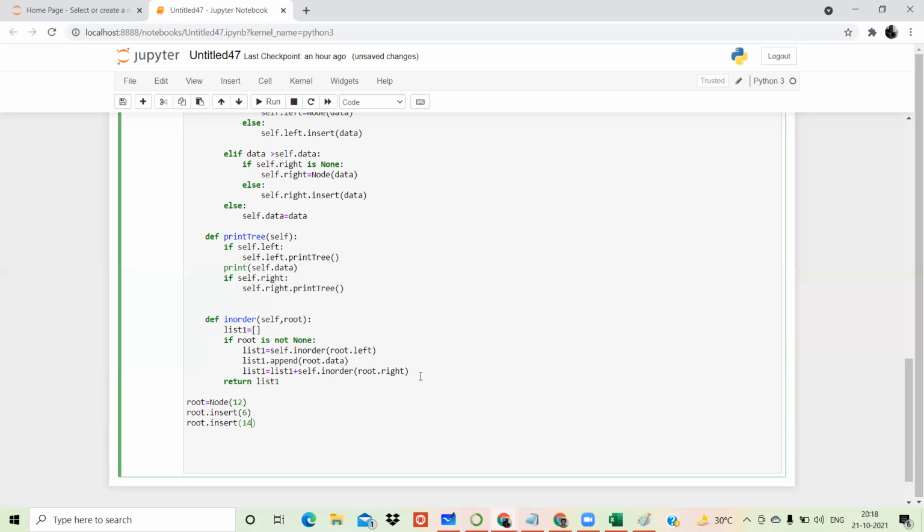Insert, suppose say next one was 14, then root dot insert next element is suppose say 3, next element is suppose 8, and finally we will call this print root dot in order,